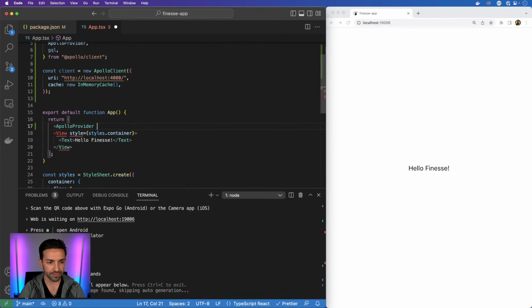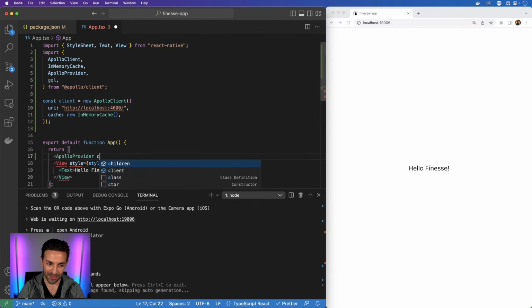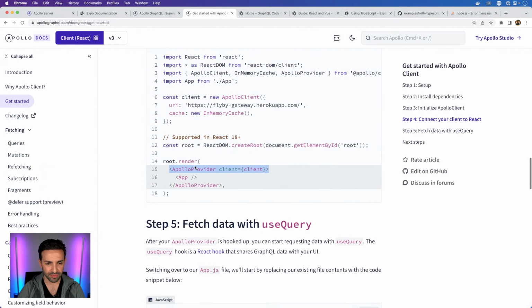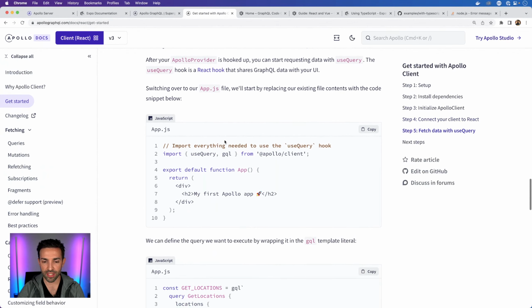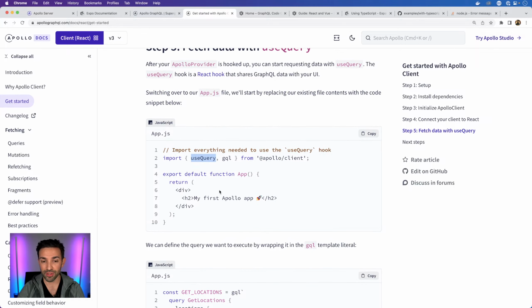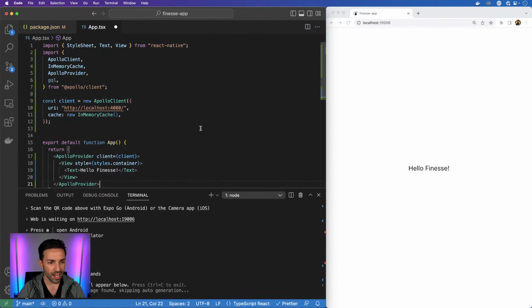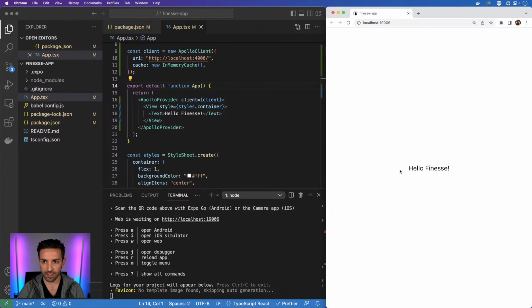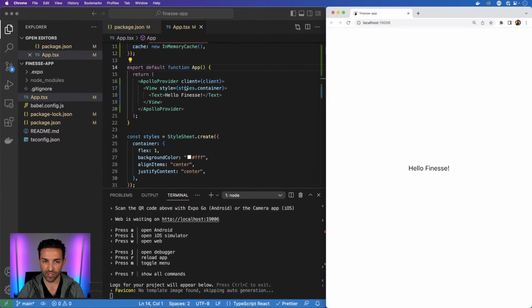Apollo Provider. And can we import that? Oh, that was already imported. And then pass in our client. And there we go. No red squigglies. With that, we can then use useQuery in any components within our app. So let's go ahead and save this. We'll let this refresh over here, but nothing changes because we're not actually using